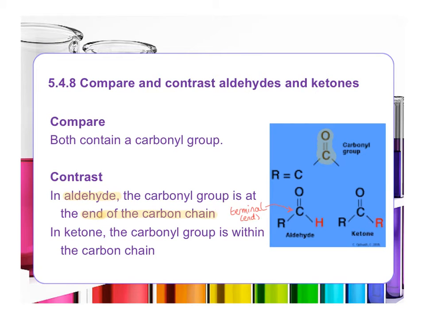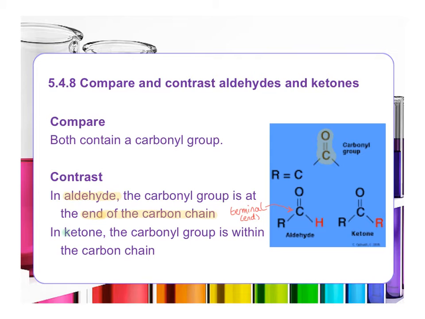So it's on the terminal carbon, which means that in an aldehyde, the carbon attached to the double bond oxygen, it's at the end of the alkyl group, so there's one bond to another carbon, and the fourth bond is to the hydrogen. If we're to look at the ketones,